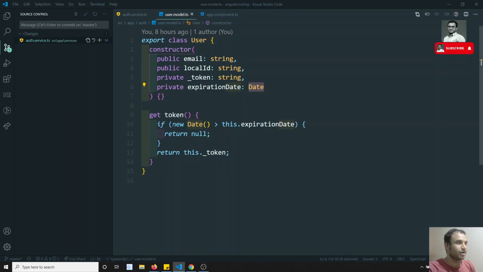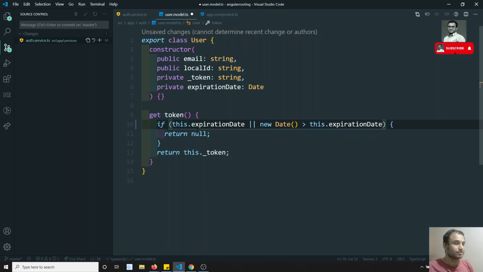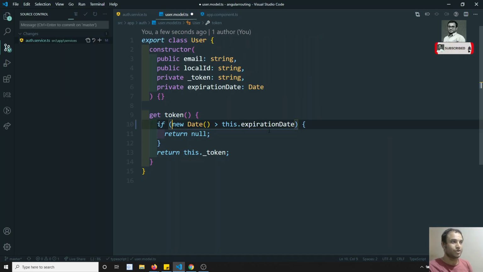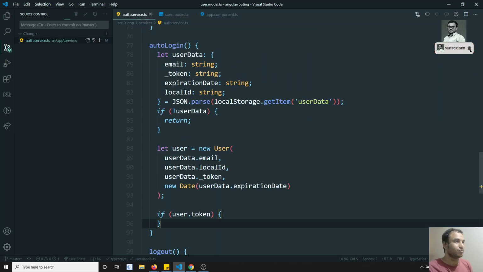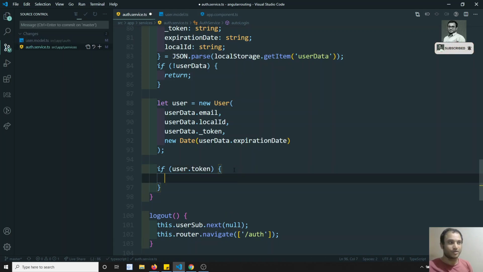If you want, you can also write that if this.expirationDate is present, or we need to check this one, or otherwise, it's your wish. If you want to write more conditions, you can write. Now what I can do is check user.token here. If the token is present,